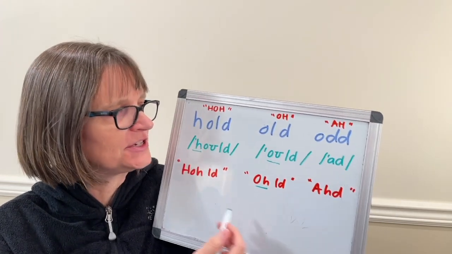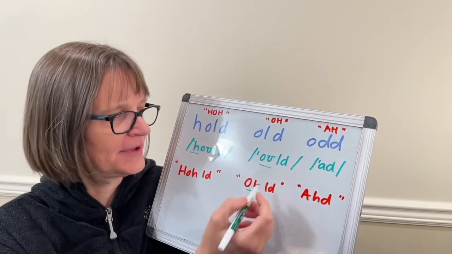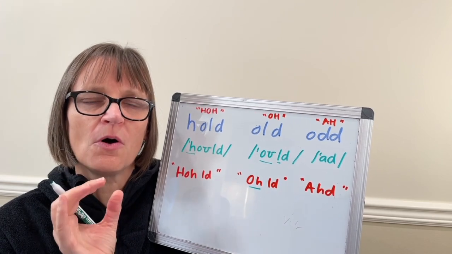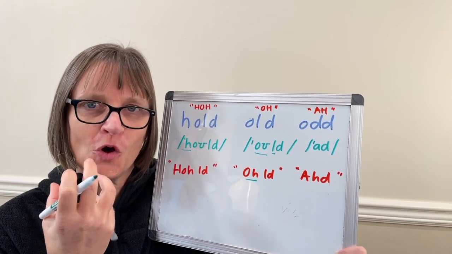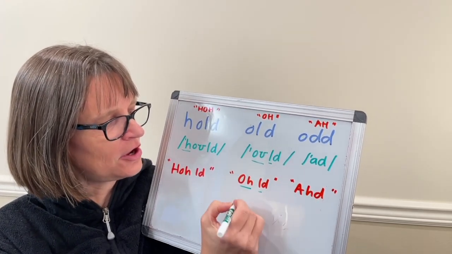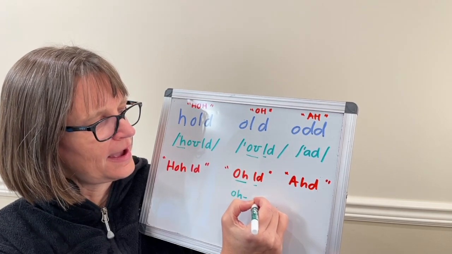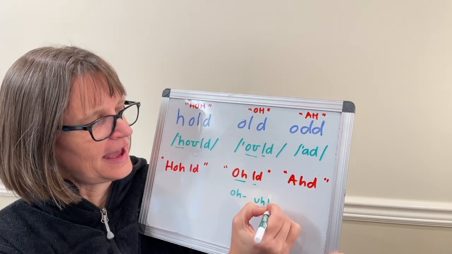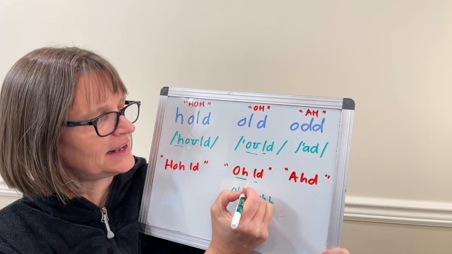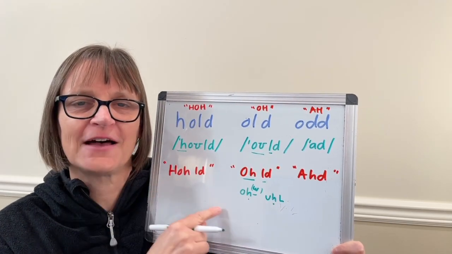You want to have a clear H sound when you're saying hold. It's also challenging in the words old and hold for some people to get this ol sound. So in the word old, I'm starting in the O shape and then I'm moving to this ol sound, and it's almost like I have O and then before the L I have an uh sound, ol. That means as I glide between the two, I end up with a little bit of a w glide sound,